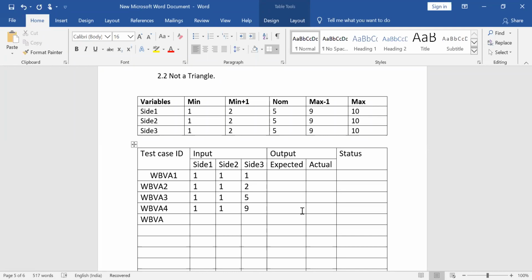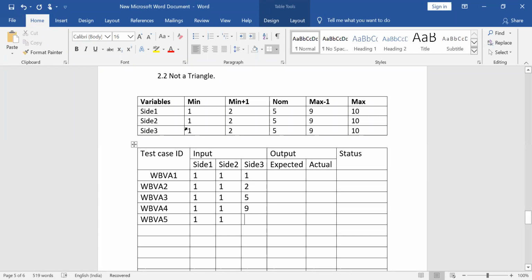WBVA fifth case. Now in the fifth case, 1, and side 2 is also 1 itself. It's nothing but the looping statements: if the inner loop is over, then I can come to the outer one. In this manner I need to go on.